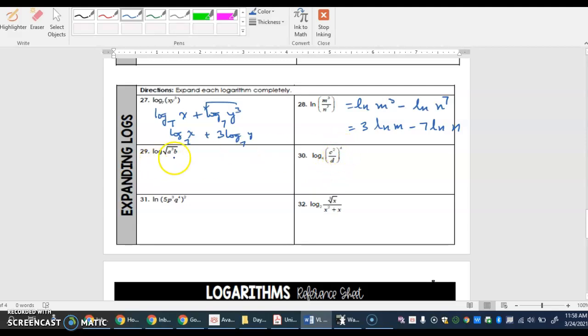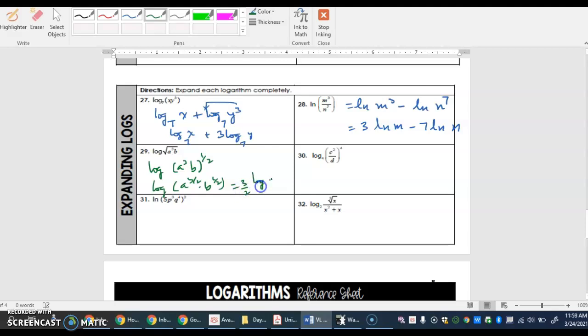So question like 29th one, now this is a radical here. When you see a radical, you don't have to panic. All you have to do is write it as a rational exponent. So this is actually a cubed b to the half, right? And then distribute the half over to both of them. So this is a to the 3/2, b to the half. And when you expand it, it will become